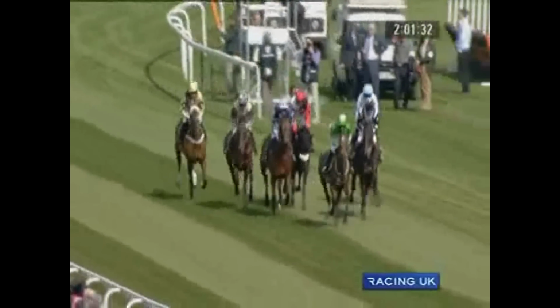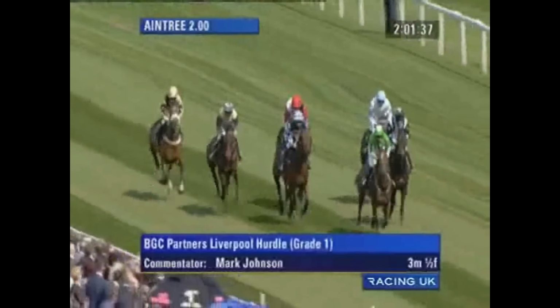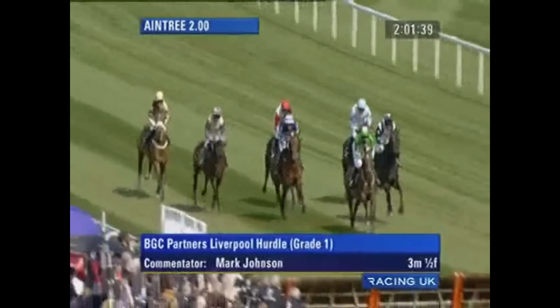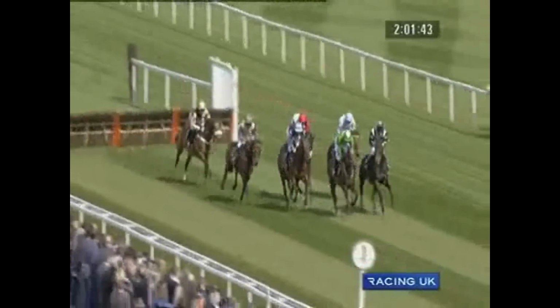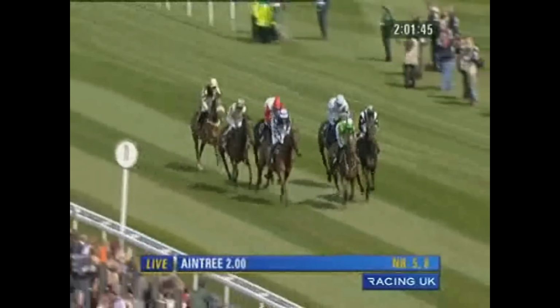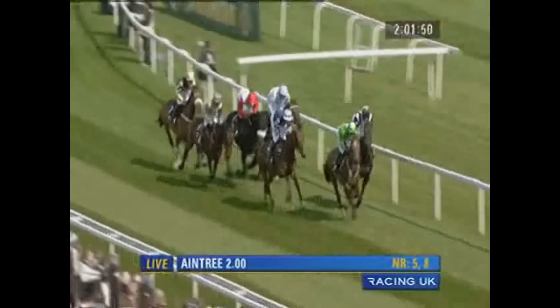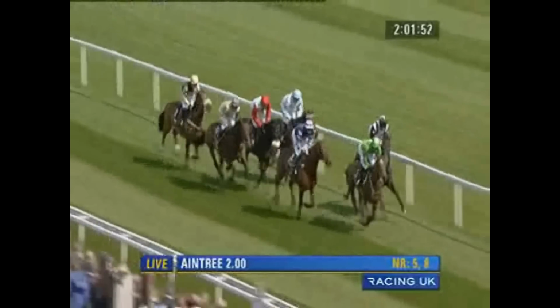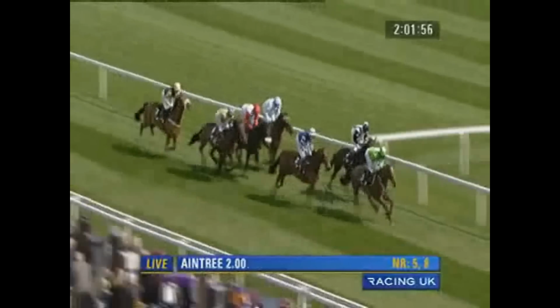They race over the extended 3 miles, and Cape Aramis is the first to break the line, with Boogler in the dark blue, the white and black on the inside of Possol as they go over the first flight of hurdles. The back marker held up was Tidal Bay. So a long run now before they cross over flight number 2, which will be the second of the 13 they take in the Liverpool Hurdle, with Cape Aramis and Paddy Brennan out in front, Possol against the inside rail